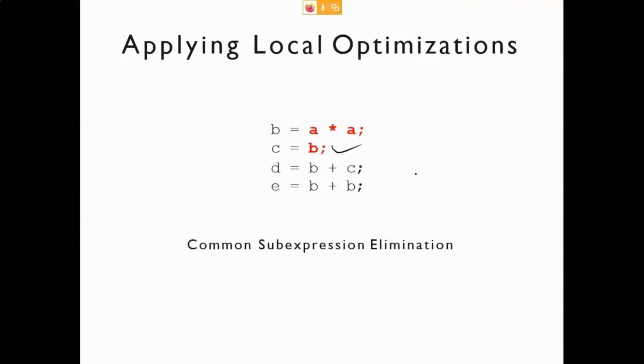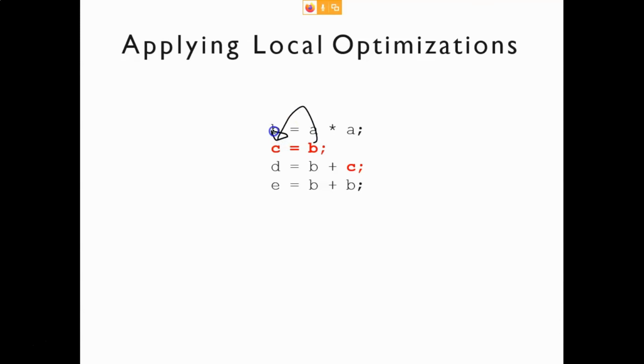Now you can apply copy propagation here. You can see this variable you are assigning to C, and here you are using C. And remember, between these two statements, you are not changing B, you are not changing C. So what you can do, you can replace this C with B. So you have applied the copy propagation, and this is your result after copy propagation.